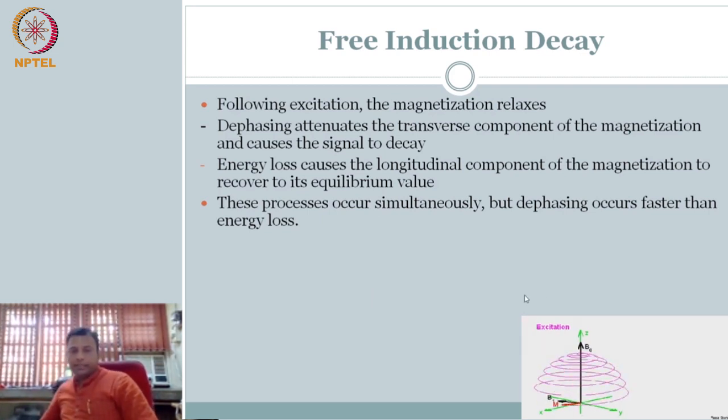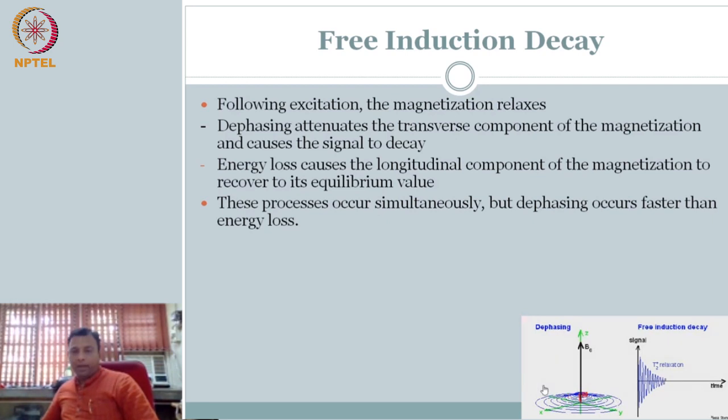First, when you are applying excitation, then it is dephasing. Only when it is on the XY plane will this play again. Okay, look at the different variations. You can play this several times to understand, but notice the process that we are interested in. Initially, when you excite, there is no signal. The M has to fall onto the floor. The moment it falls on the floor, you get the maximum peak signal, right? And then the M starts to reduce because of dephasing. So the signal goes down.